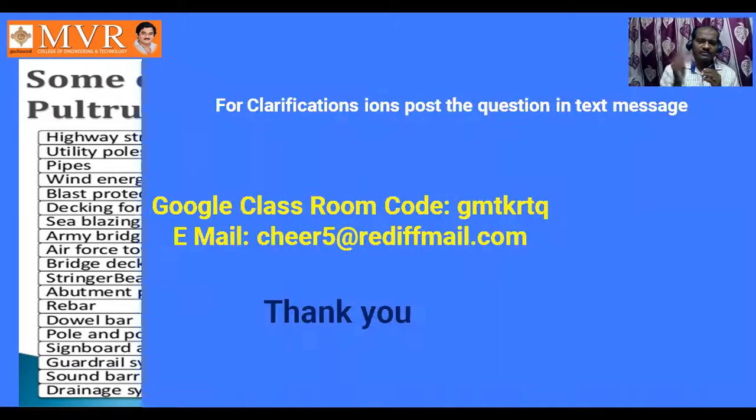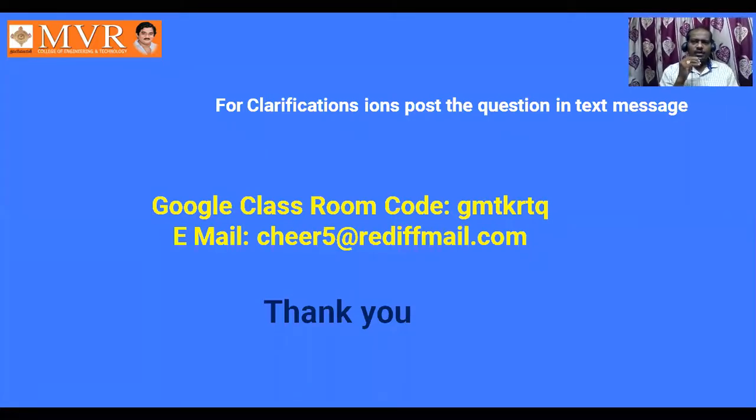So before closing this class, I want to give the summary. We have learned in this class the pultrusion system. A pultrusion system is a method where continuous reinforcement and matrix are involved to prepare products of small dimensions with a continuous process. Six steps are there, and those six steps we have discussed. Next, we have discussed advantages, disadvantages, and applications, and a line diagram also I have shown you. So by this we have learned about the pultrusion process.